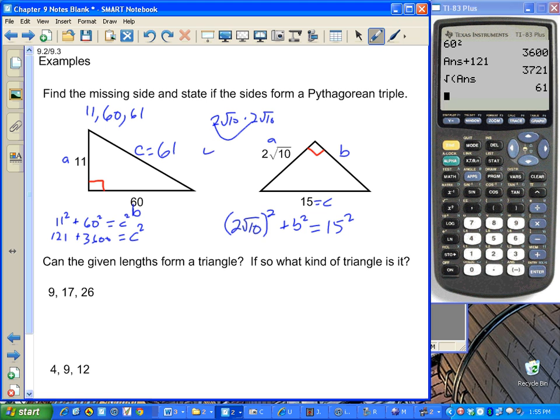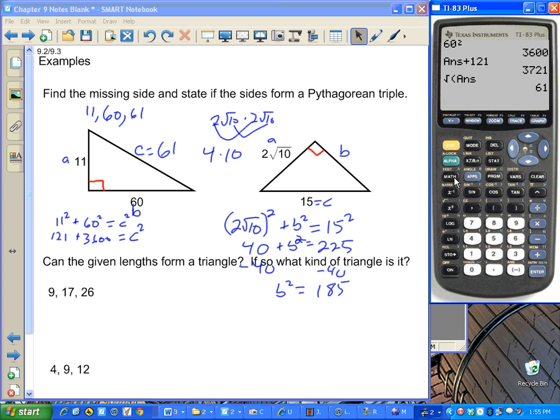Well, 2 times 2 is 4. Square root of 10 times the square root of 10 is 10. Okay? So I've got 4 times 10, so this is 40 plus B squared equals 15 squared, which is 225. I need to subtract the 40 over to get 185. And that's what B squared is. Now, if I square root this,